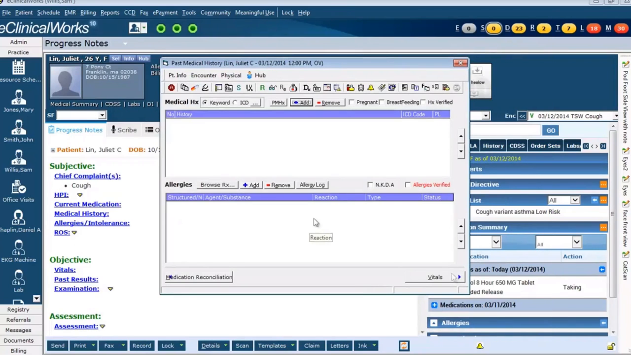In the medical history screen, I can click on add, and I can free text in some of the medical history that has been going on with this patient. So I'll type in appendicitis and migraines. Under allergies, I can click on Browse RX,